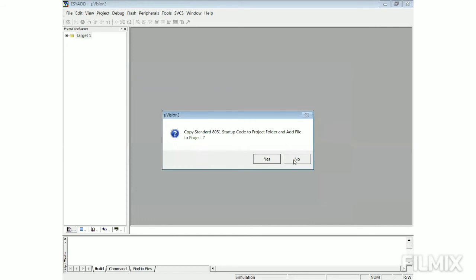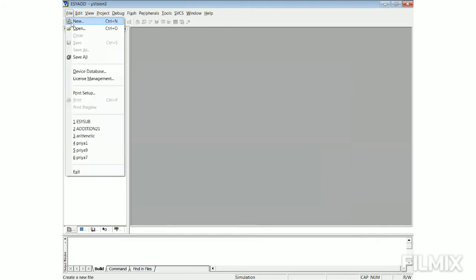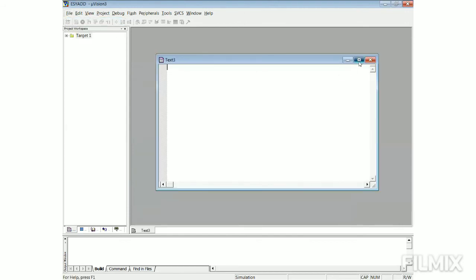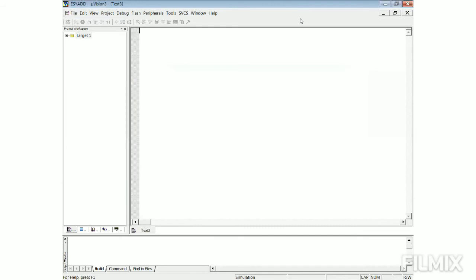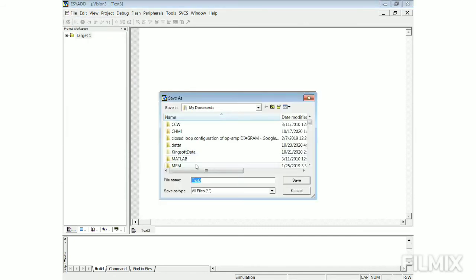You just have to click on No. Next step is you have to click on File. Next, click on New. Again, save this file by using the same name as previous, ESY add.